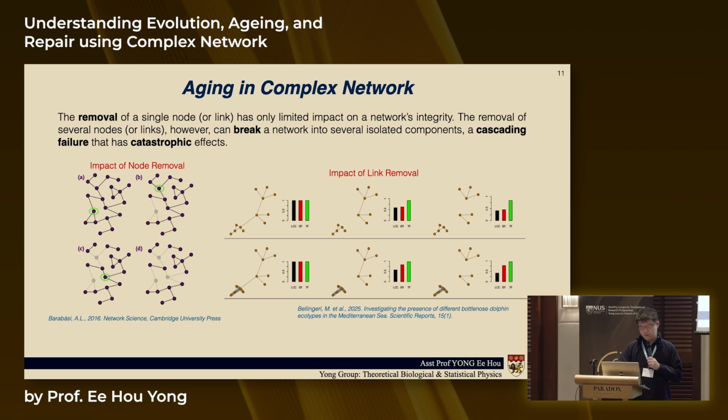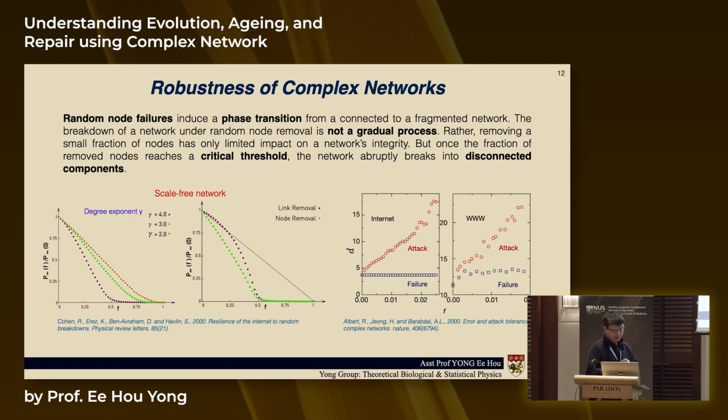Okay? So this problem has been studied by various groups, particularly by Barabasi's group and also the group of Havlin. So you can see that it depends on how connected the network is. So basically the topology of the network is very important when you think about failure. And what you see is that for a network that is very, very connected, the number of nodes you need to remove before it fails will depend on this exponent, right? So in this example, you can see the more connected, the larger the exponent, the sharper is this transition.